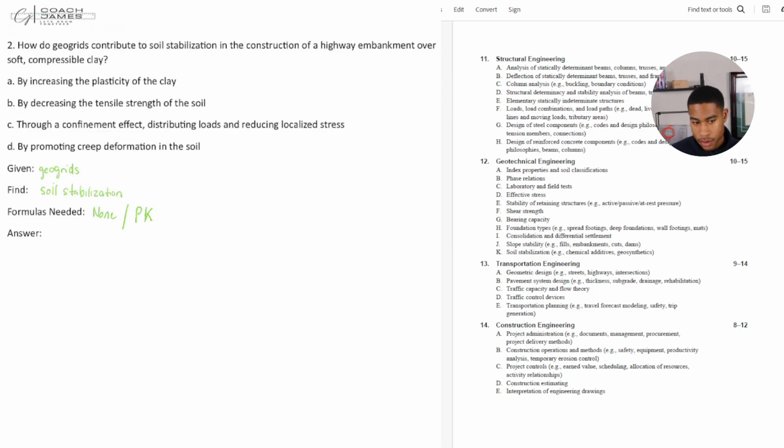All right, so the prior knowledge that you may need is that geogrid is basically, it helps with reinforcement. So tensile strength enhancement is one of the first things that it can do. Geogrids are categorized by high tensile strength in both the longitudinal and transverse, so that's just the horizontal and vertical directions. When you place geogrids within soft clays, these geosynthetic materials act as reinforcement